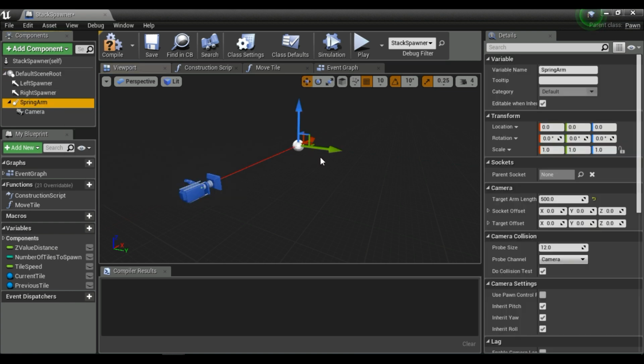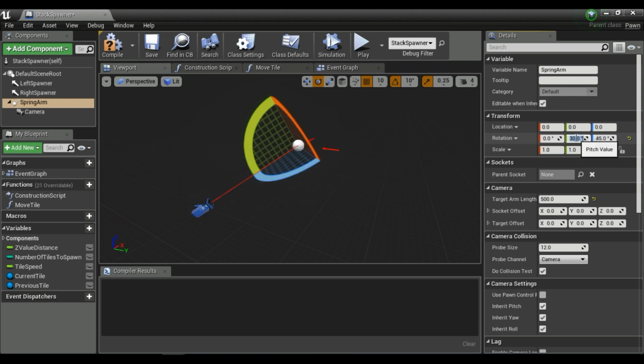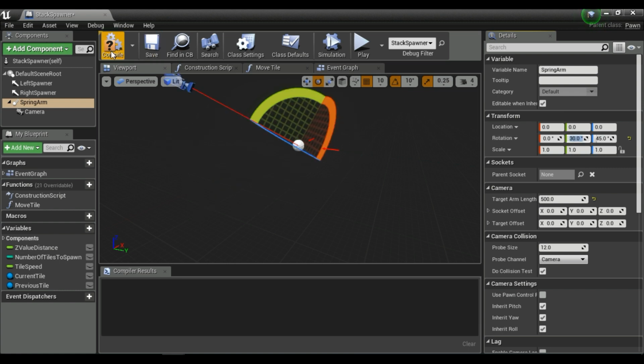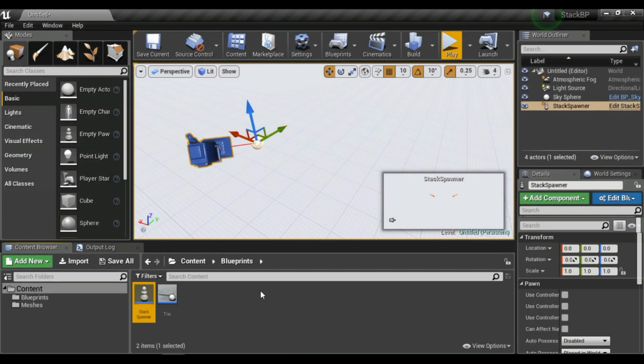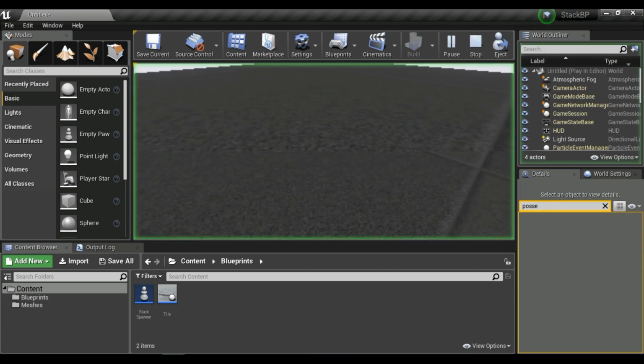We'll need to rotate our spring arm. So in this 45, and in this I think it's 30. No, minus 30. Okay, let's compile, let's save, and let's say possess, and we will say player 0. So when we hit play,